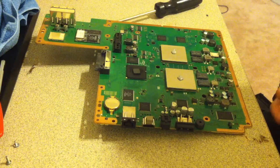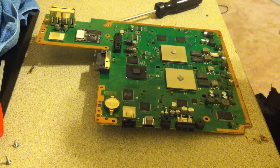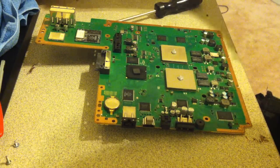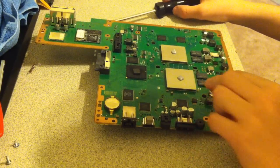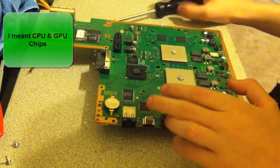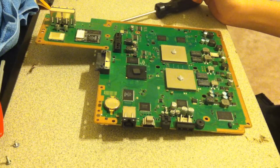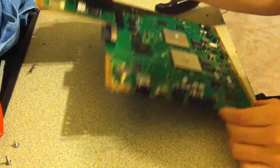If you have a different model PlayStation, I know that some don't have the same size CPU, GPU. I know that the Super Slim has a really weird RSX chip heatsink, so you don't want to put a really, really small dot for that. So that's all you need on the heatsinks here. Go ahead and get the base of your PlayStation 3. I'm going to go ahead and put this aside for a second so I could...